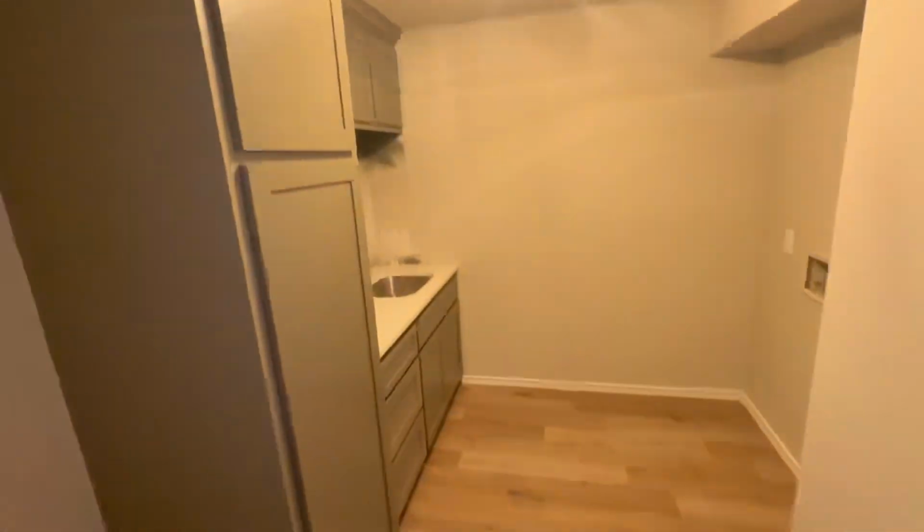All right, so got the light turned on here because some of these are not finished yet. So we got all new flooring, all new paint, all new cabinets. Obviously this isn't through being painted. New sink, granite countertop just got thrown in. This is the washer and dryer, little laundry room here. Got your dining, kitchen. These are all new cabinets, all new countertops, all new flooring